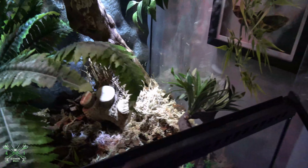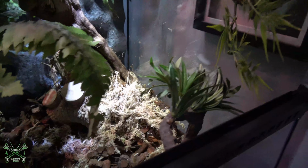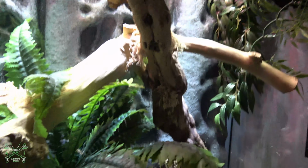Again, just more fake plants, a lot of live moss just throughout the enclosure, just to keep that little bit of humidity. So I'll give it a mist down maybe once or twice a week or something, and just leave it